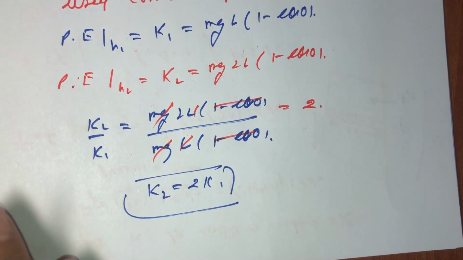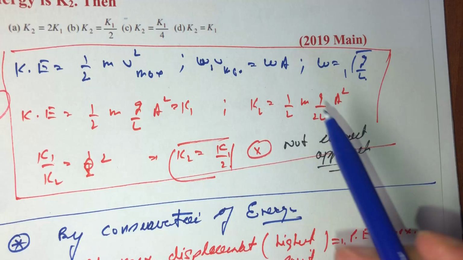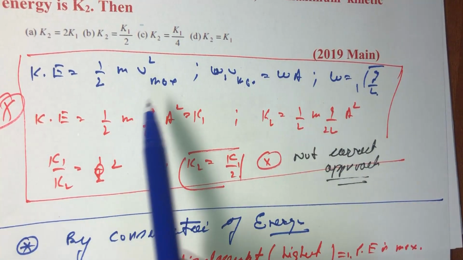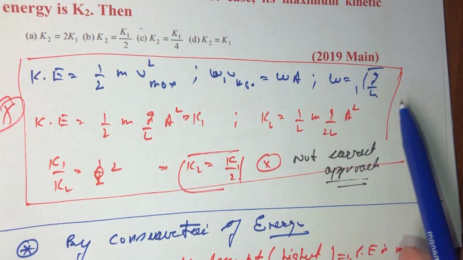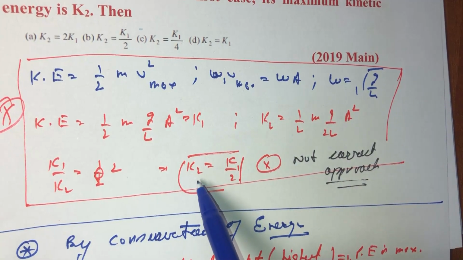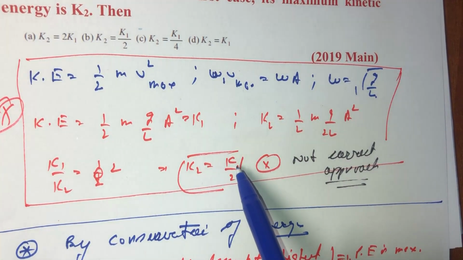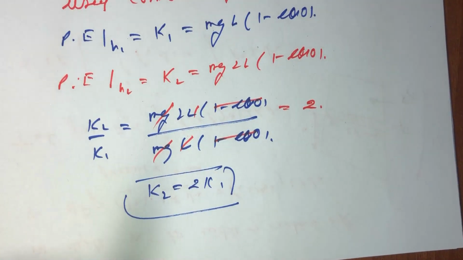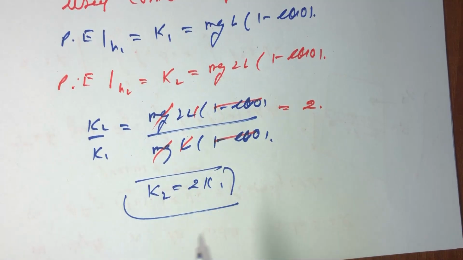So you can clearly understand that if we had used the formula which was derived based on the length L, we would have got the answer as K2 equal to K1 upon 2, which was obviously the wrong answer. The correct answer is K2 is equal to twice of K1. And in the second method,